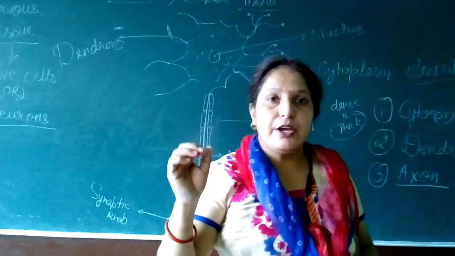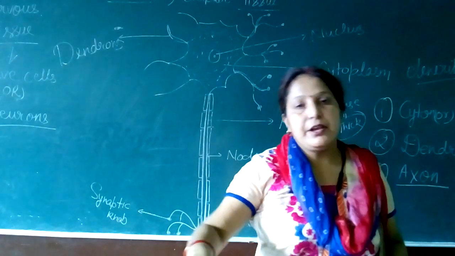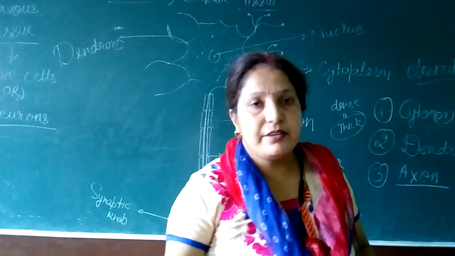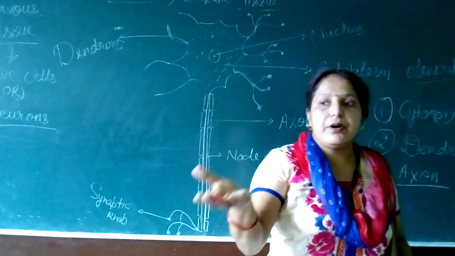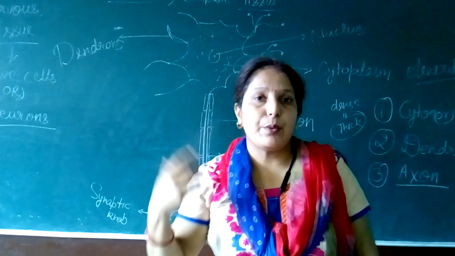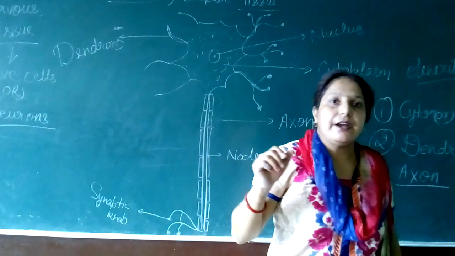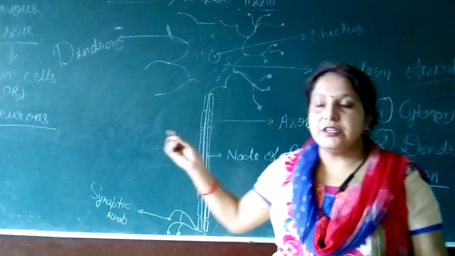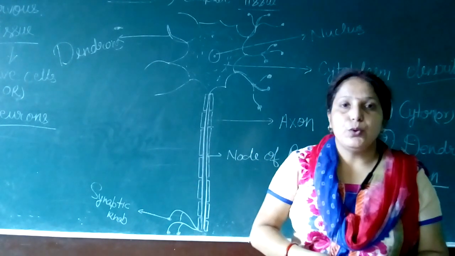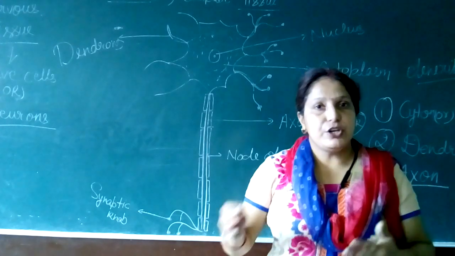If we touch a hot pot, then we immediately pull our hand away. Why? Because an impulse is generated from our hand and goes to the brain, and then the brain gives signals to our hand to pull back. So this whole work is done by nervous tissue. Nervous tissue provides information or signals to each organ.